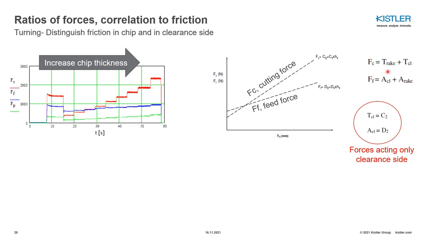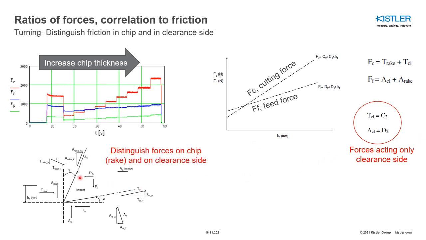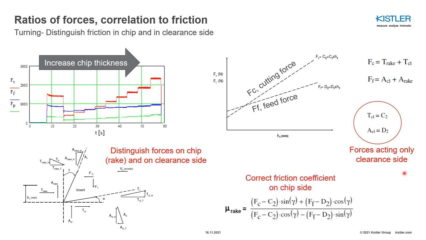So the cutting force and the feed force have components from the rake face and the clearance face, and this is a methodology to distinguish these two. Then, of course, by using the angles on the rake and on the clearance side, you can calculate the pure friction on the rake face